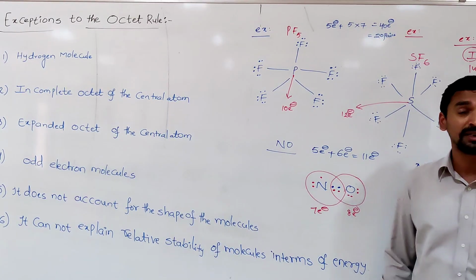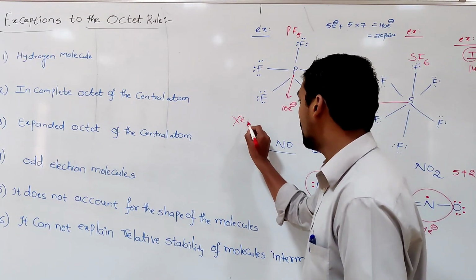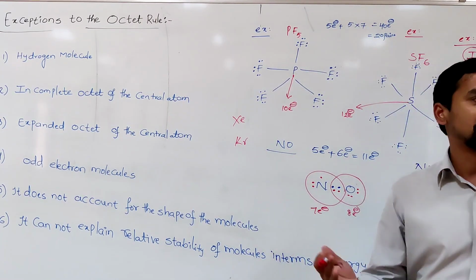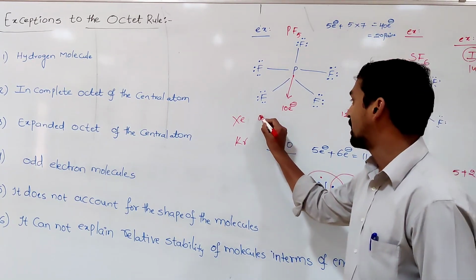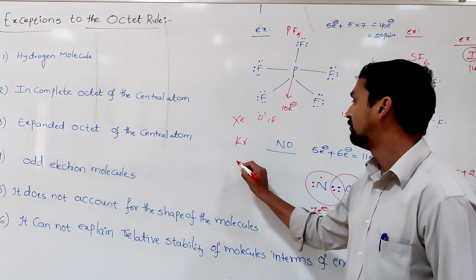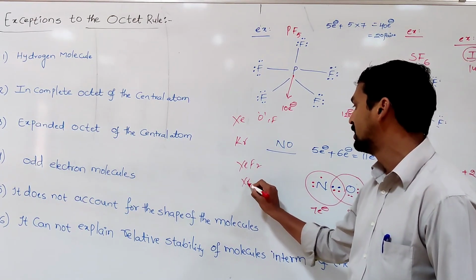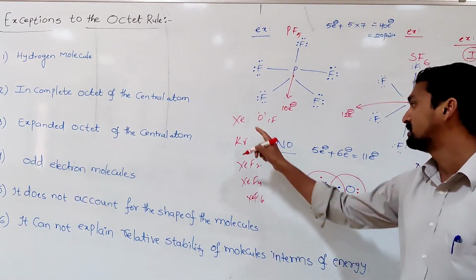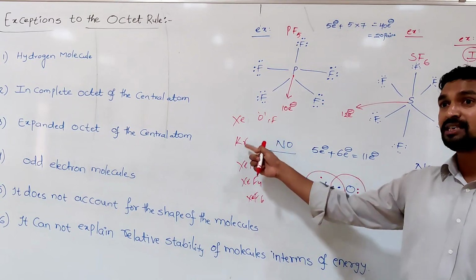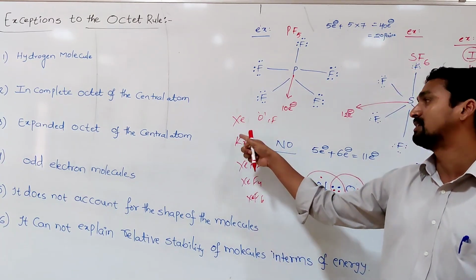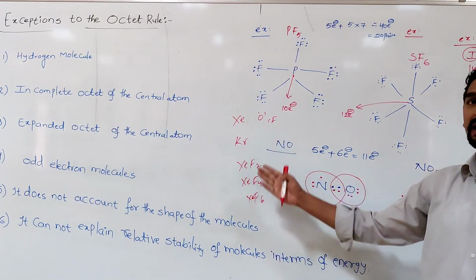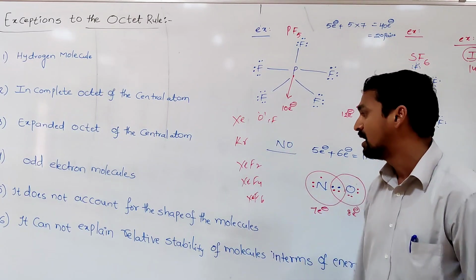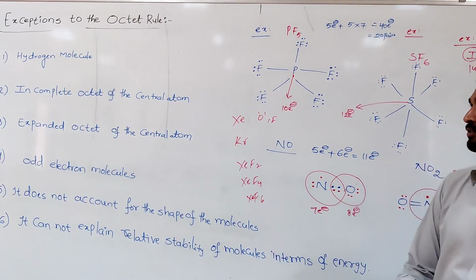But when we observe certain noble gases like xenon or krypton, under drastic conditions like high temperature and high pressure, they may combine with oxygen and fluorine. They can form different compounds like XeF2, XeF4, XeF6. Certain compounds are formed by xenon and krypton like that. But the idea is based on which one? Noble gases. However, these noble gases have reacted. So why did they react even though they have 8 electrons in their valency shell? That also could not be explained by this octet rule. This is also another drawback of the octet rule.